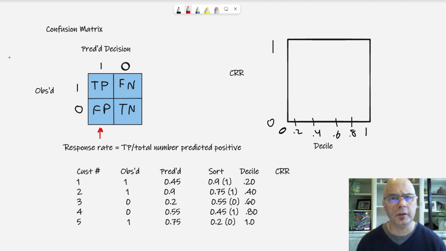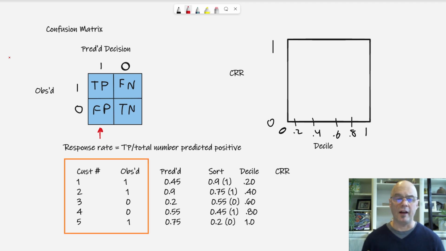So here's our very simple example. If you saw my video on ROC charts, the numbers look familiar. It's the same exact scenario. I've got 5 customers. Each customer historically was either an event case, that means the observed target was a 1, or they were a non-event, the observed target was a 0. Now notice that historically, if we look at all the cases, the prior event rate is 3/5. Out of all 5 customers that we have, we know historically 3 of them responded. We'll be needing that value later when we get to cumulative lift.